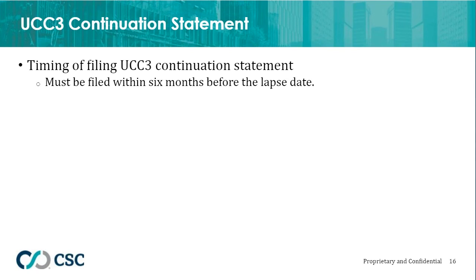This is a way of making secured parties go back and double-check and make sure they really want to file a continuation statement or that one is needed at that point. So it has to be filed within that 6-month period before the lapse date. Now, if the record is filed late, anytime after the lapse date,